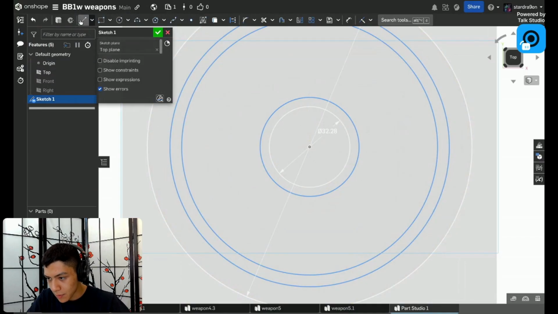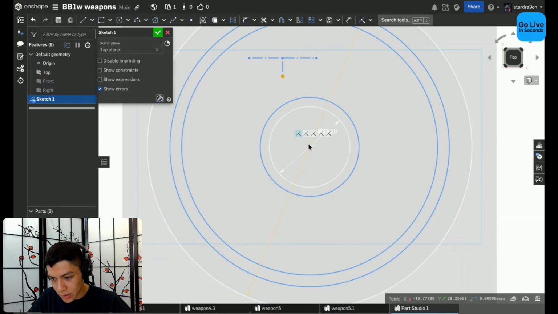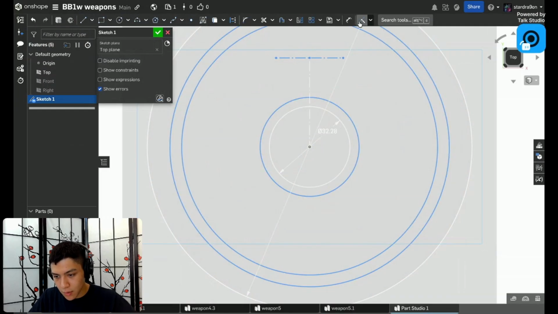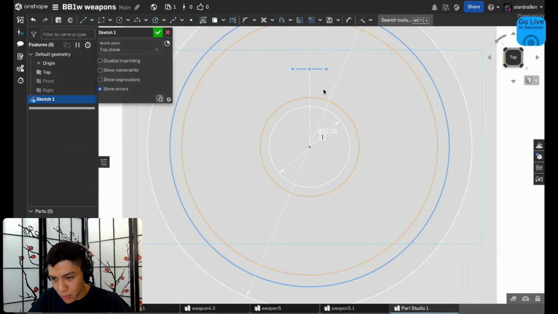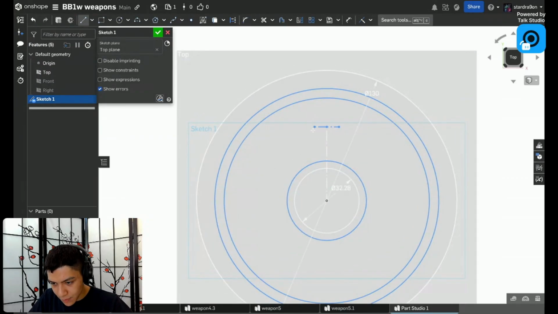But we need to create some lines now. I'm going to create a construction line here. I'm going to make it horizontal. And then at the midpoint of the line, I make a vertical line. And I'm going to make this coincident with the origin. And now whenever I move this line, these 2 points will always be the same horizontal distance away from the origin, which means that when I add some lines here,